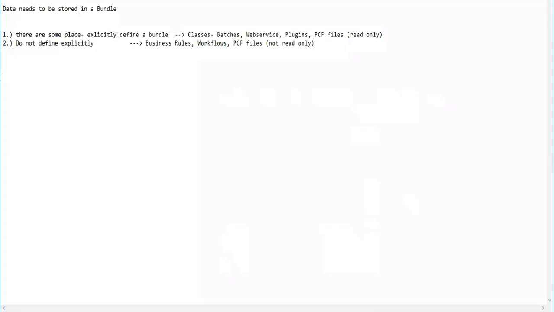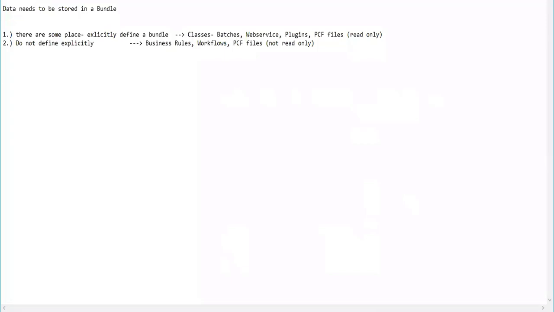Suppose, let's say you have a button. Read-only means when your PCF file is not in editable mode. When you have already clicked on the edit button, all the PCF elements would be editable, and during that time your PCF file is in a writable form. If the fields are not editable and you have not clicked the edit button, then your PCF is in read-only mode. So suppose when your PCF file is in read-only mode, you have not clicked on the edit button yet, now you want a button inside the PCF file